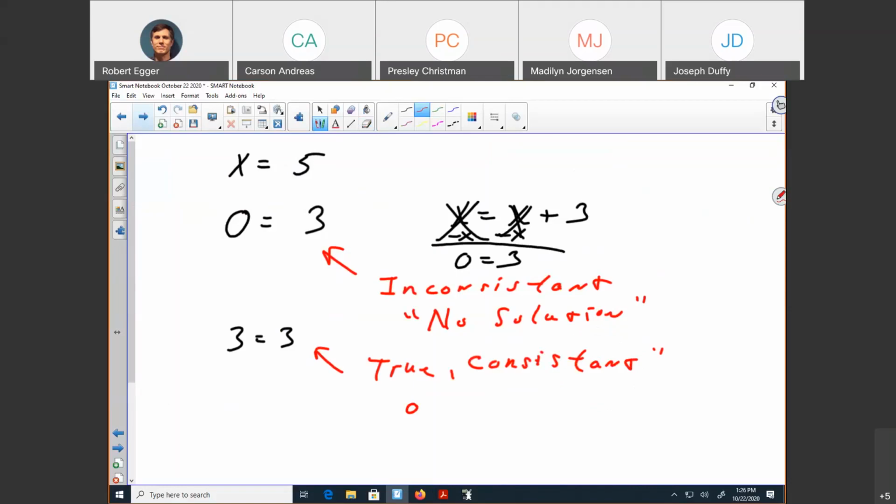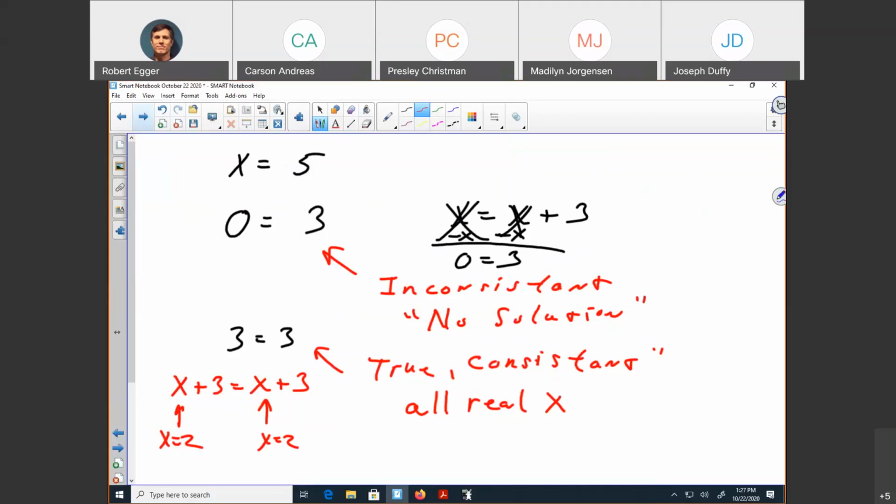This means all real x, or all real y, or all real z. Basically, any number is good. Because this will look like something like x plus 3 equals x plus 3. No matter what value I put in, if I put in x equals 2 here, I also have to put in x equals 2 here. Of course, 2 plus 3 is 5, and that equals 2 plus 3, which is 5. I put in x equals 7. Again, I have to put 7 on both sides. 7 plus 3 is 10. 7 plus 3 is 10.